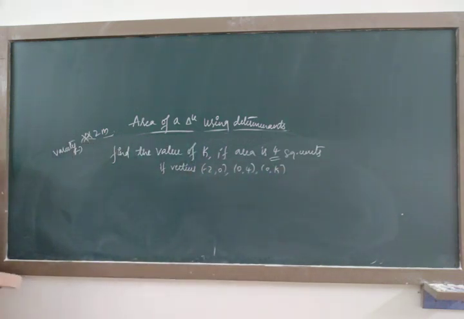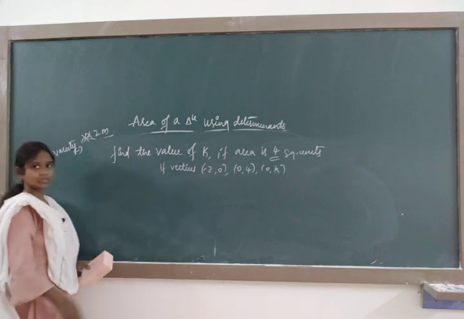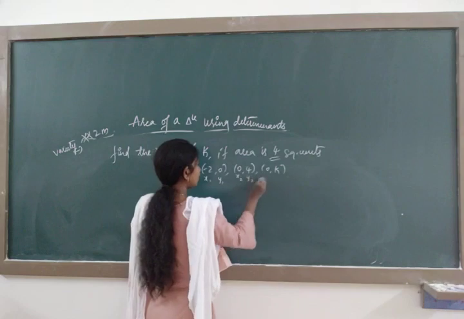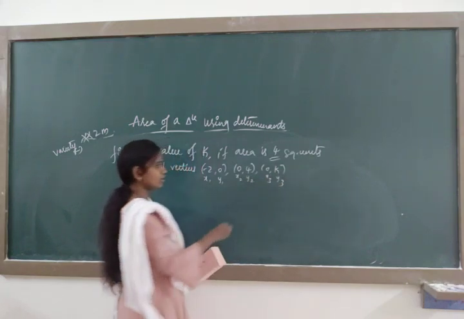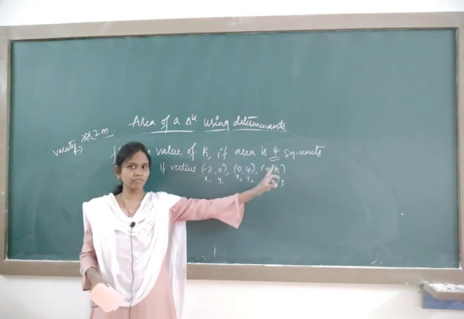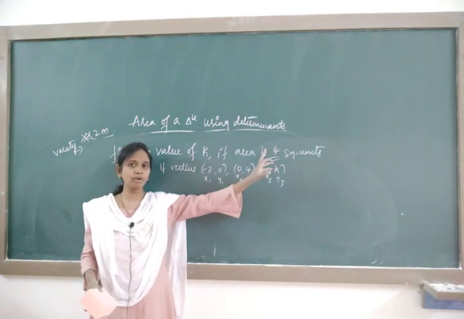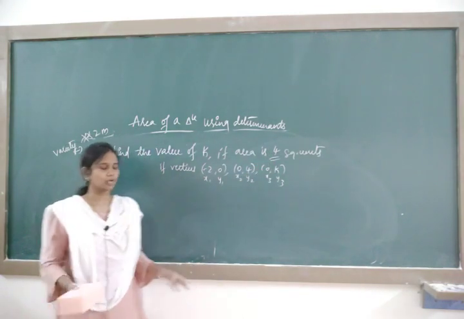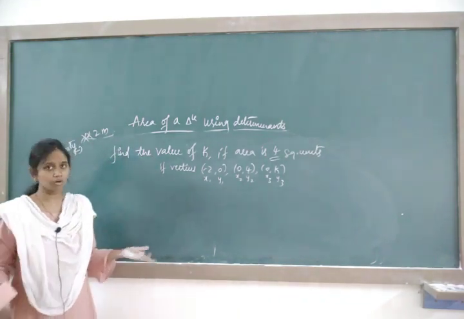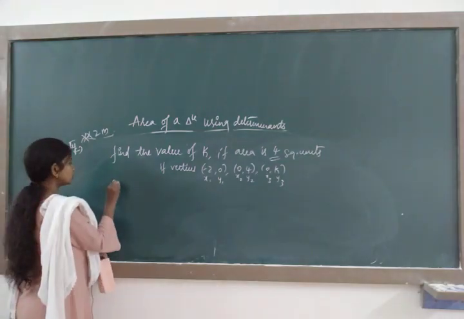Anyhow, 3 vertices are there, so denote this one as x1 y1, this is x2 y2, and this is x3 y3. Recall the previous problem. What I said: if we are finding the k, this 4 will be treated as plus or minus 4, because to get the two values of k, k can be positive, negative or 0. Solution: